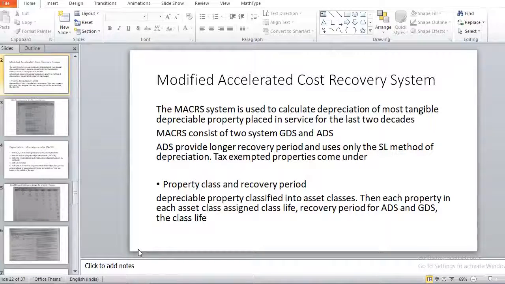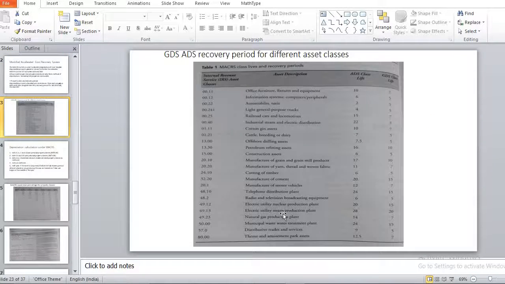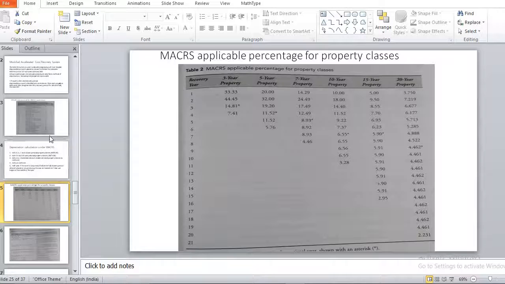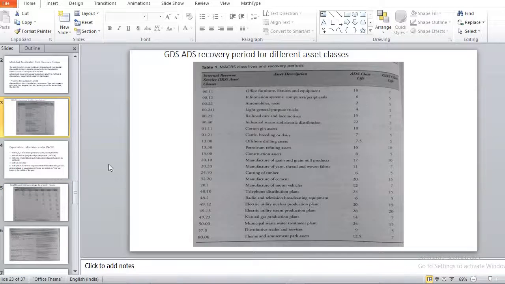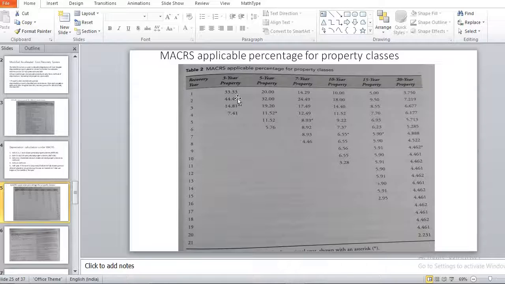In the previous video, we discussed the Modified Accelerated Cost Recovery System, in which there are two systems: the Alternative Depreciation System and the General Depreciation System (ADS and GDS). We discussed that, and we went through the property classes, the number of property classes, the ADS class life, and the GDS class life. For that particular class life, these are the rates that we apply for the first year, second year, third year, and fourth year for calculation of